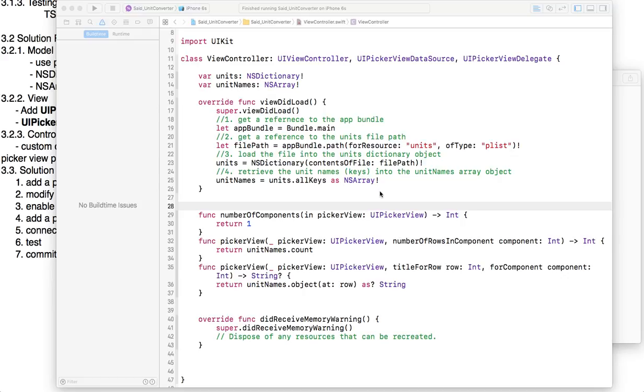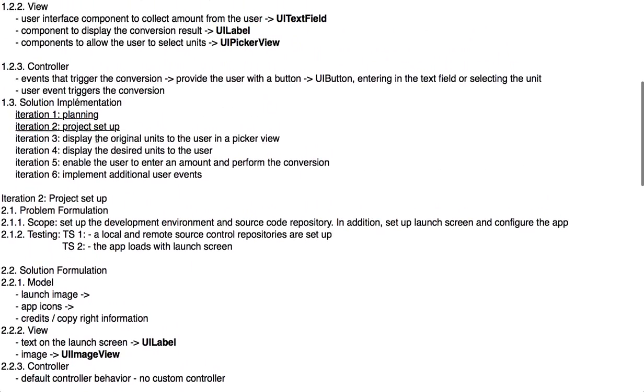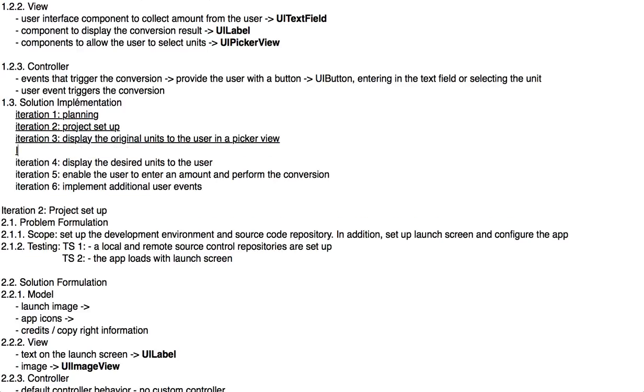So we got our app currently working and we're displaying the unit names. So we finished iteration 3. One thing before we move to iteration 4 is you probably noticed that the list of units is coming out in no particular order. So you may actually think, why don't we order? So I'll add an iteration 4 here